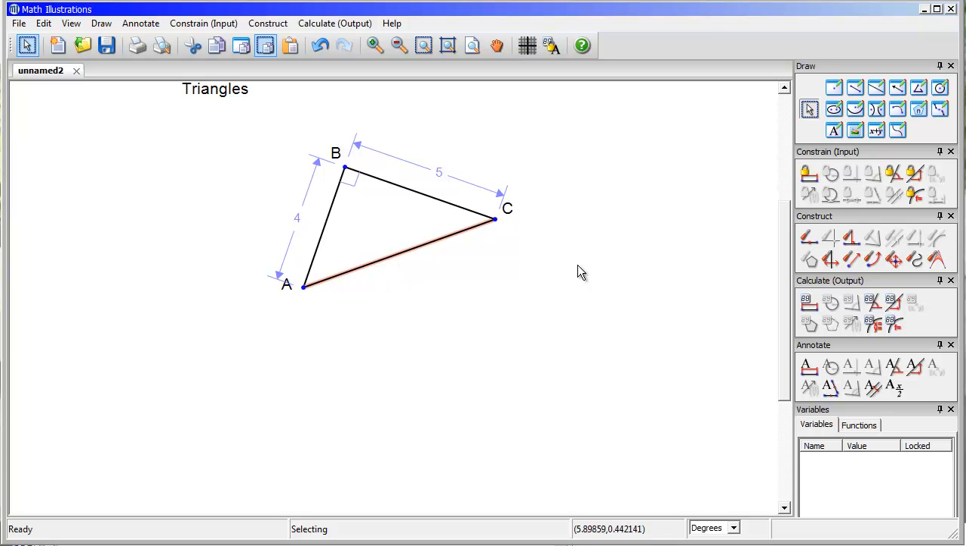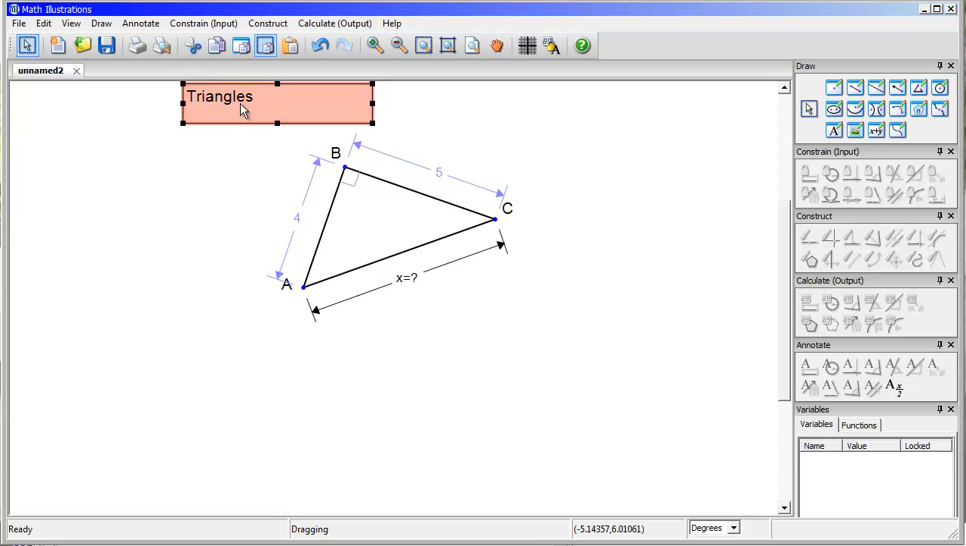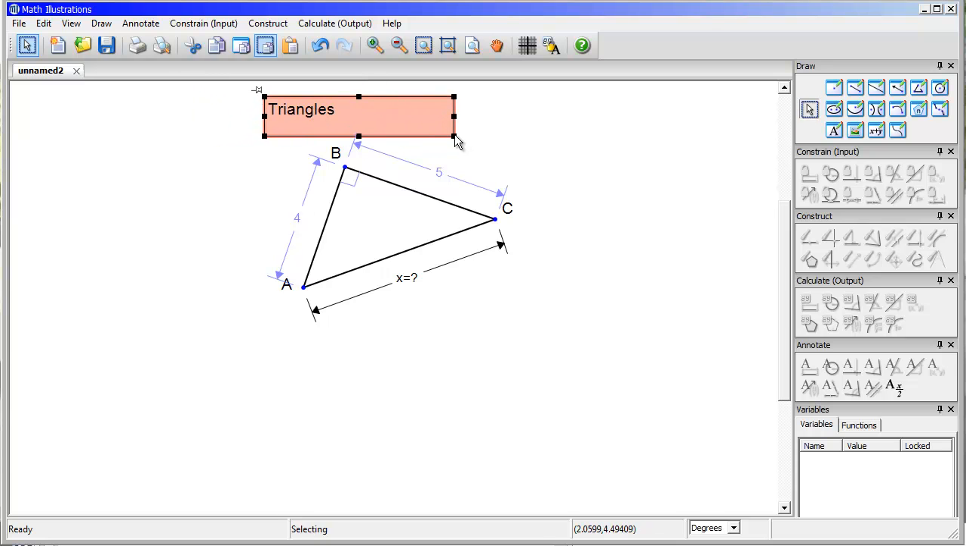In order to do that, I can't use a constraint because math illustrations won't know which constraints are the ones that apply. Since this is fully constrained, I want to use an annotation. And here I'm going to put my annotation. And now I'm ready to simply copy my region